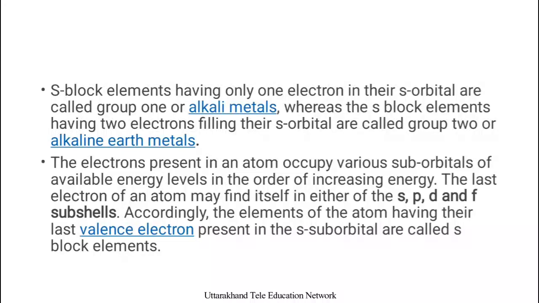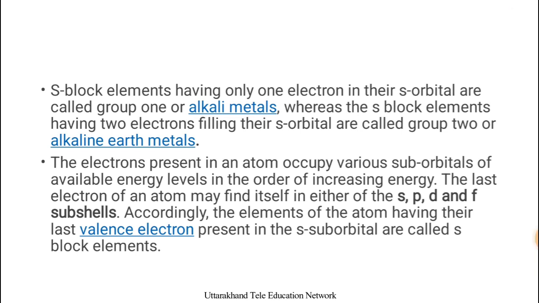S block elements having only one electron in their s orbital are called alkali metals. The first ones we call alkali metals, while the second ones, where there are 2 s electrons, we call alkaline earth metals. There will be 2 types, alkali metals and alkaline earth metals. And the electrons present in the atom occupy